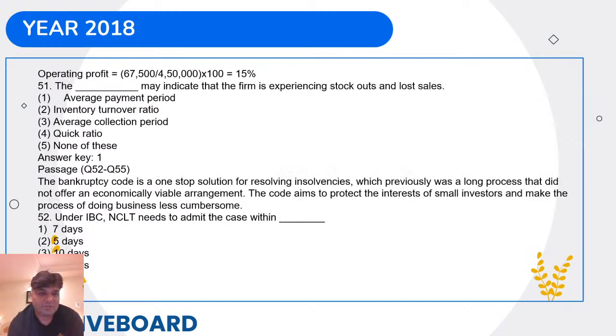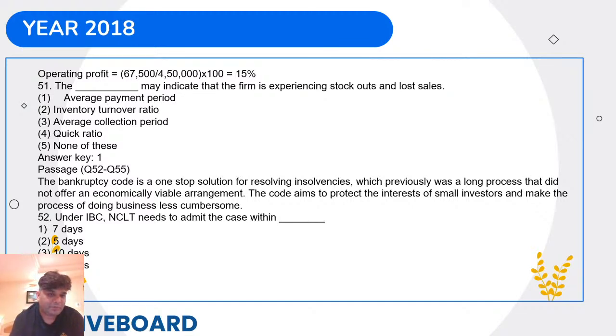Anyways, question number 51. The dash may indicate that the firm is experiencing stock outs and lost sales. The options are average payment period, inventory turnover ratio, average collection period, quick ratio, none of these. So the answer is average payment period. Okay, the average payment period may indicate that the firm is experiencing stockouts and lost sales. Again, a very easy question. It is a 2 marker, but it will give you an answer once you go through the definition for this